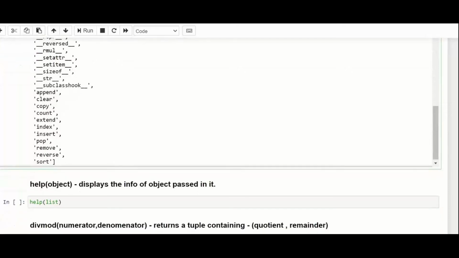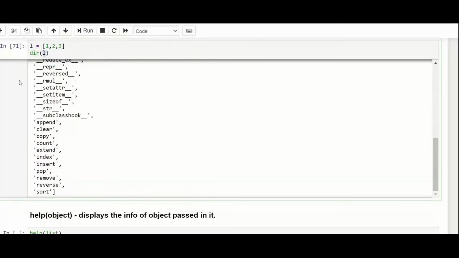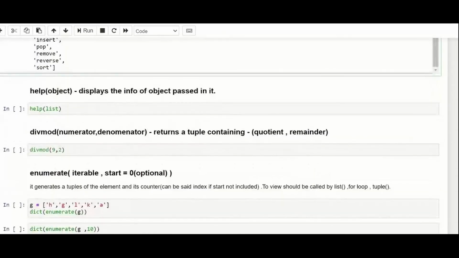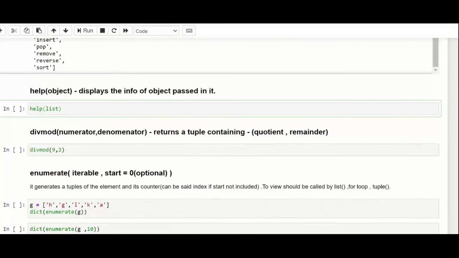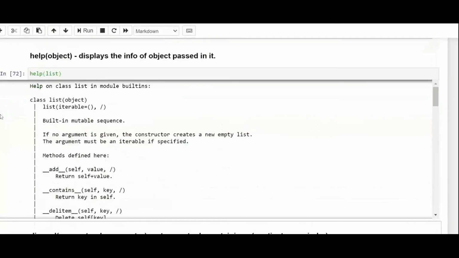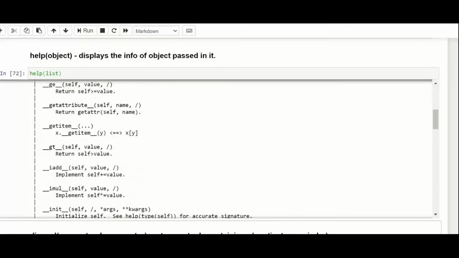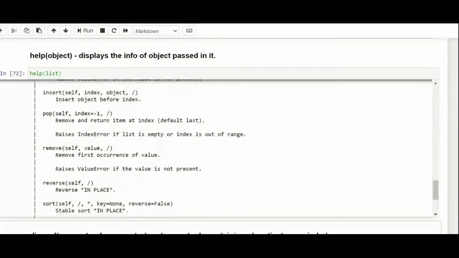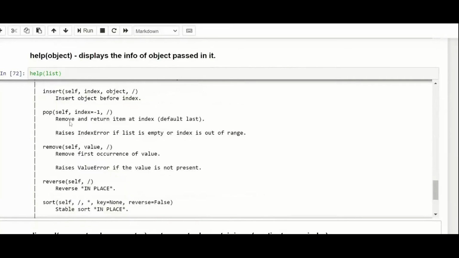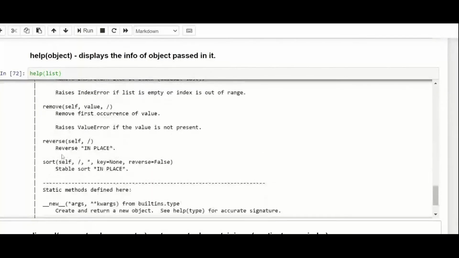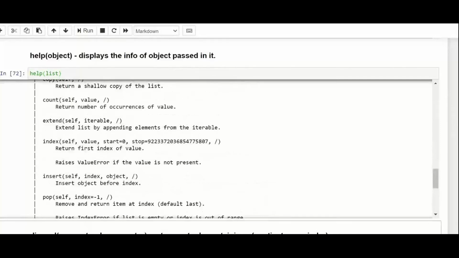Okay, so this is the dir. Now I will talk about help. It will display all the information about list. So help, and in brackets you write list, and it will provide you the information, that is what remove does, what pop does. It removes and returns the item at the index you provide, and also reverse, sort, and extend, which extends a list by appending elements from an iterable.